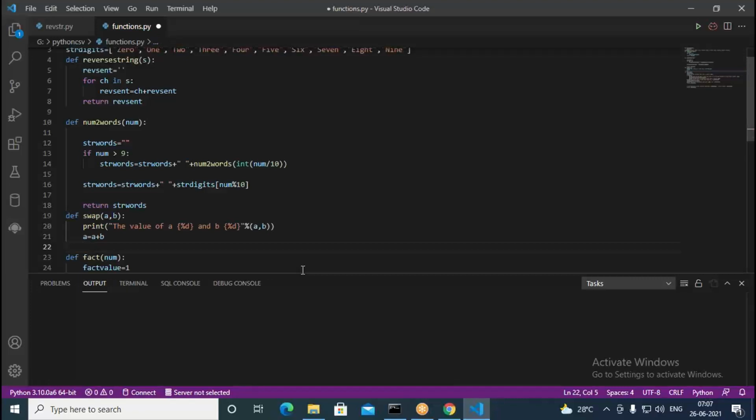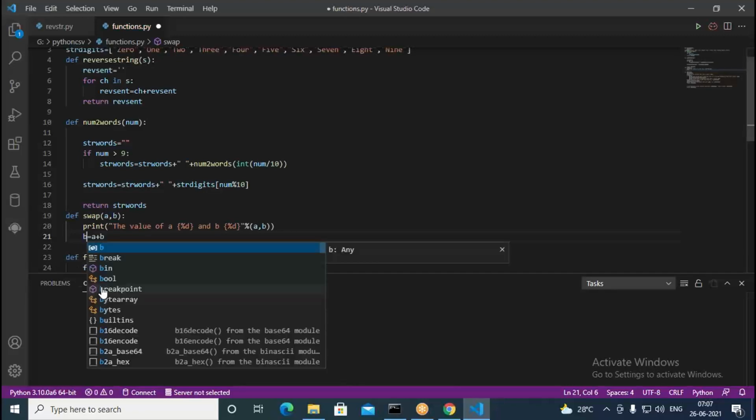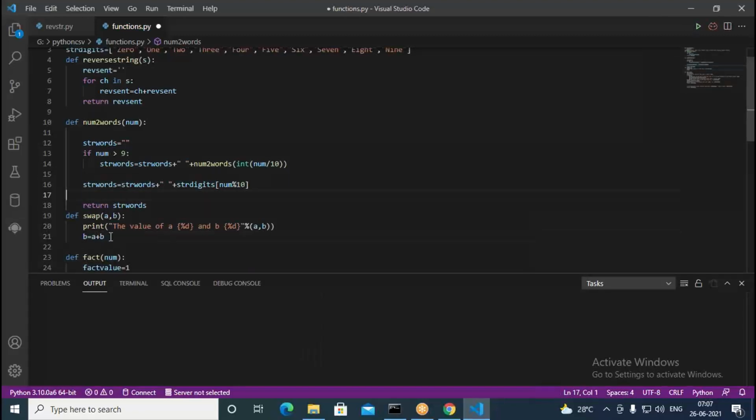A equal to a plus b we have. So how can we do that without using a third variable? I don't want to use any third variable, so I have taken a and b. Okay, so what I do here, b equal to a plus b, I have written.